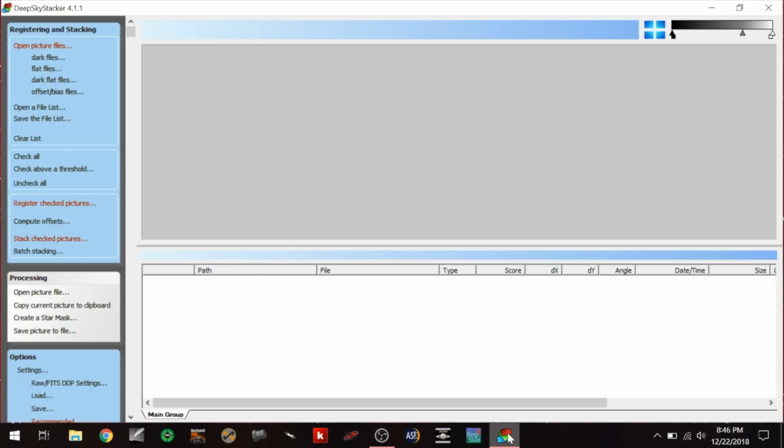Okay, here we go with the DeepSkyStacker. This program is Windows only, but it is free. And what it does is it registers your light frames. It calibrates them with darks, flats, and bias files. And it stacks all of that together and can do things like sigma clipping to get rid of things that